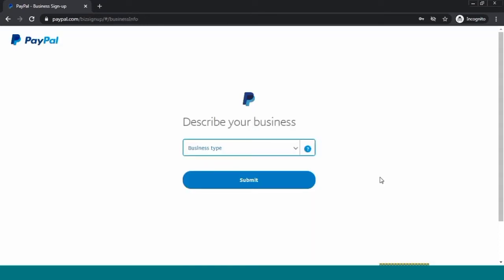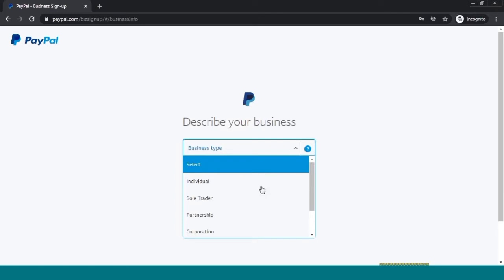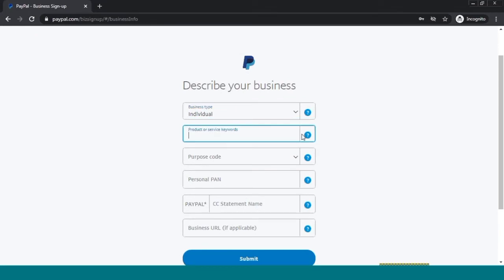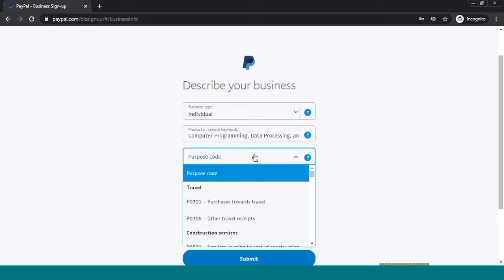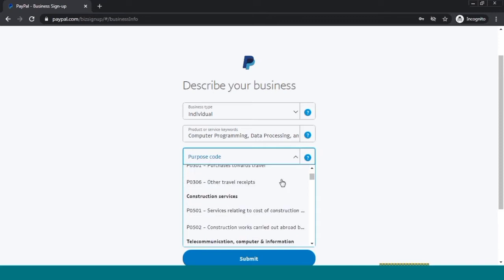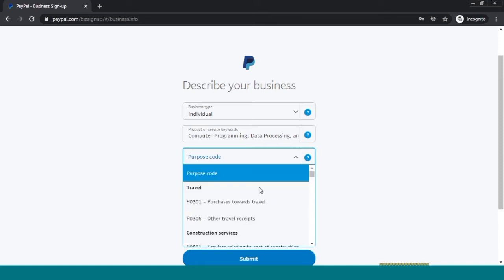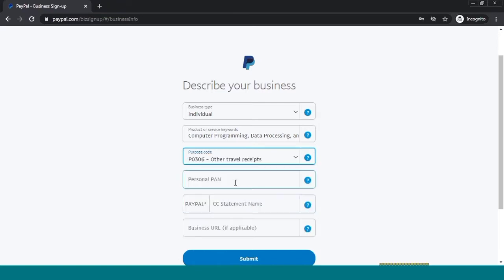After clicking on the submit button, you have to select your business type. I am selecting individual, and here is a form which needs to be filled. Select your products, like I am selecting computer programming and purpose code, and one more option, your PAN card.